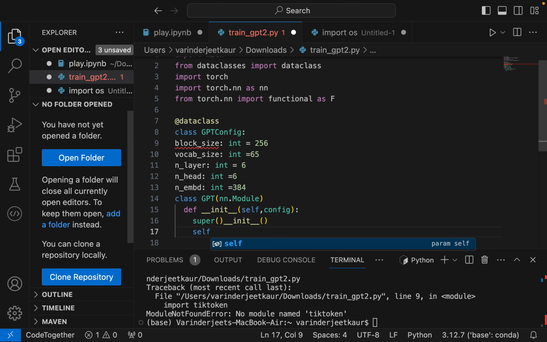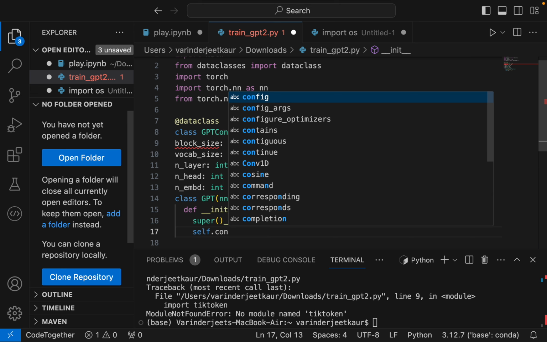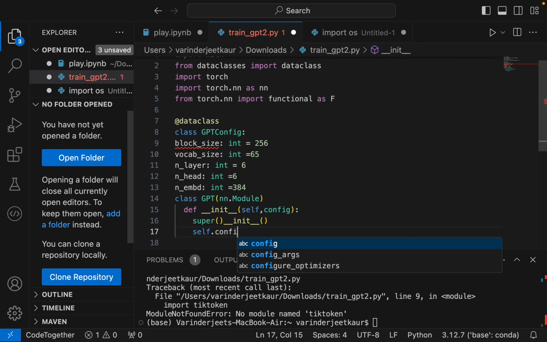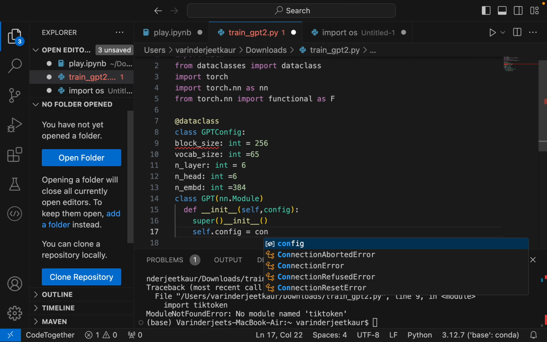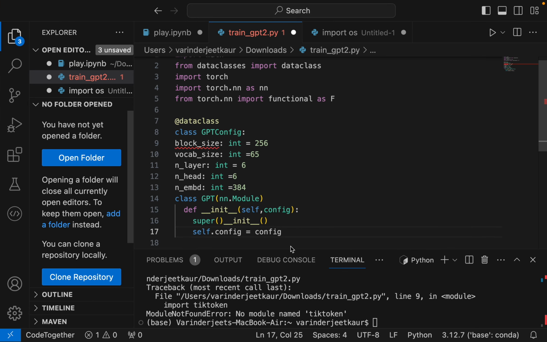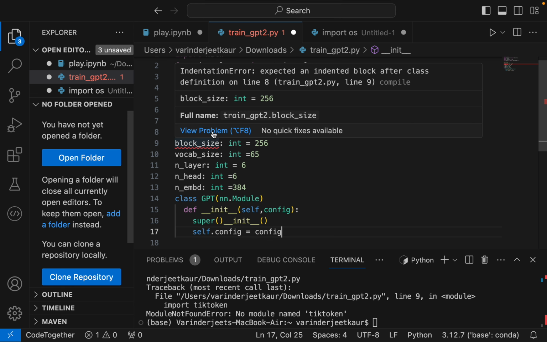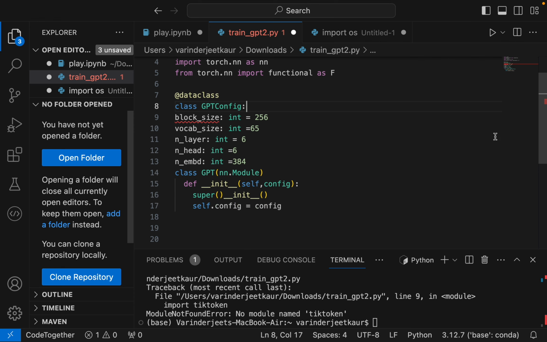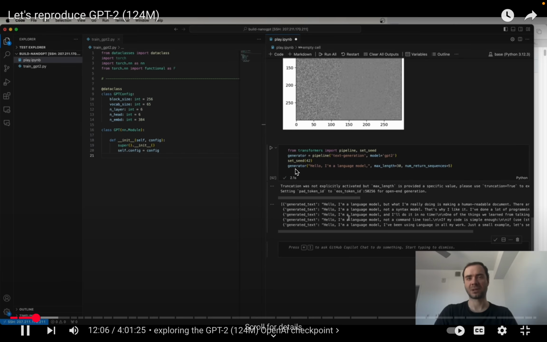And now using the Hugging Face transformers, we can not just get all the raw weights, but we can also get what they call the pipeline and sample from it. So this is the prefix, "Hello, I'm a language model," and then we're sampling 30 tokens, and we're getting 5 sequences, and I ran this, and this is what it produced. "Hello, I'm a language model, but what I'm really doing is making a human readable document. There are other languages, but those are..." So you can read through these if you like, but basically these are 5 different completions of the same prefix